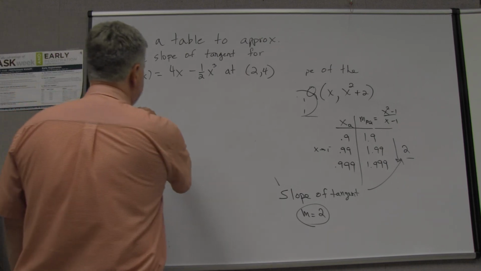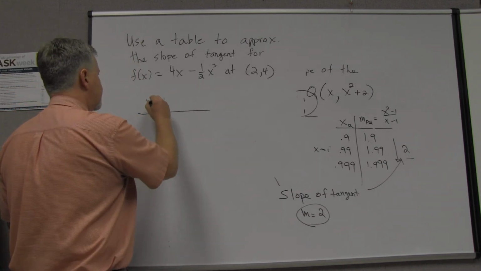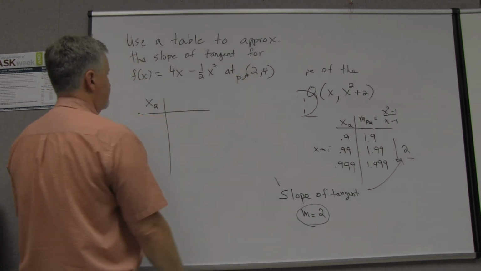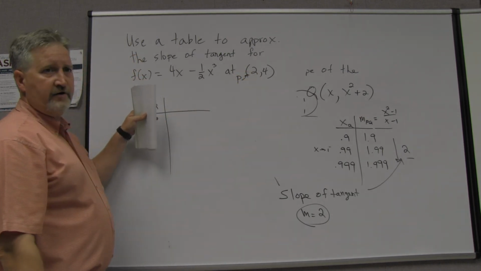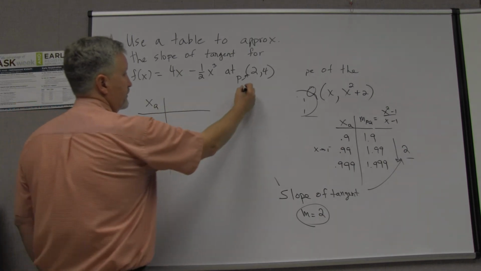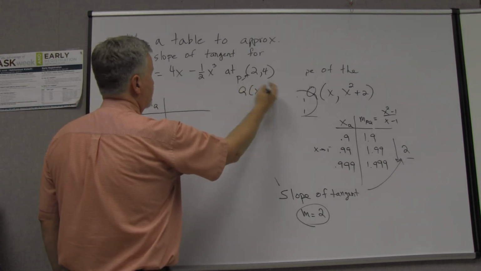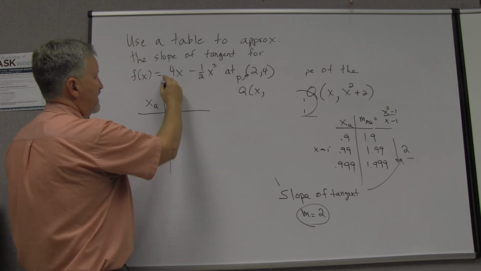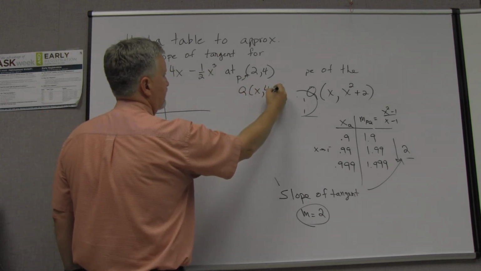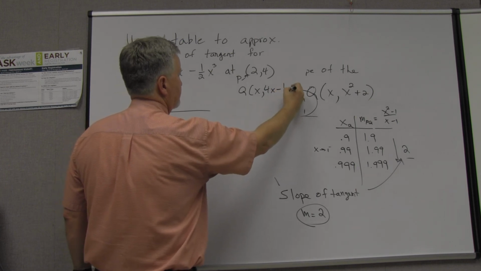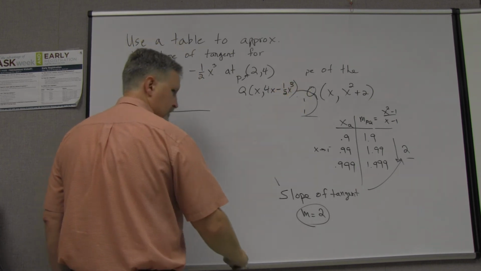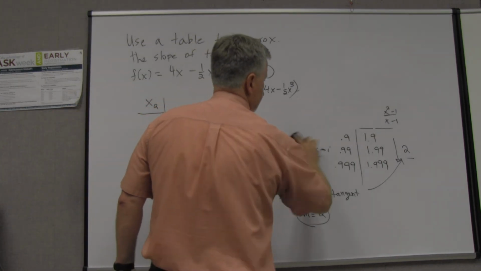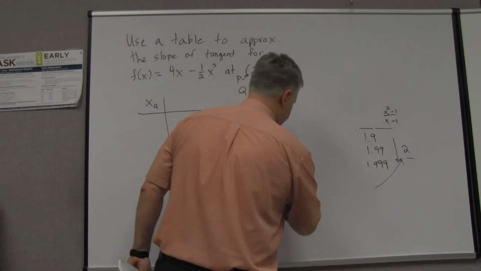Okay, so on our table, what we want is the x of the cube, because this is our P point, right? And so the x value in our table is the x value of the Q. So Q is going to be x comma whatever the f of x is, which in this case is 4x minus 1/2 x cubed. So that's going to be our y value for the cube. So on the table, what I want